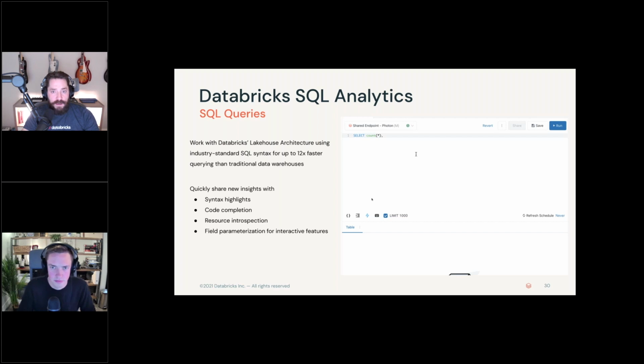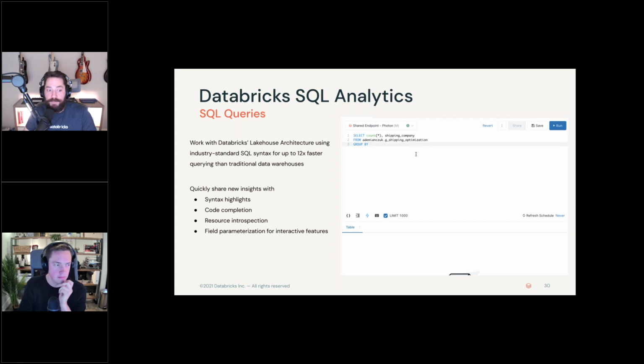Queries themselves support full TSQL syntax highlighting, which is pretty awesome. After you've attached to a SQL endpoint, you have nice features like auto code completion to limit and mitigate the, trust me, I fat finger a lot of stuff. So eliminating that actually makes me work faster, which is something I'm very fond of. Resource introspection, which basically means that anything that's in scope and available, so external libraries, peer queries, anything along those lines, is going to be available through that